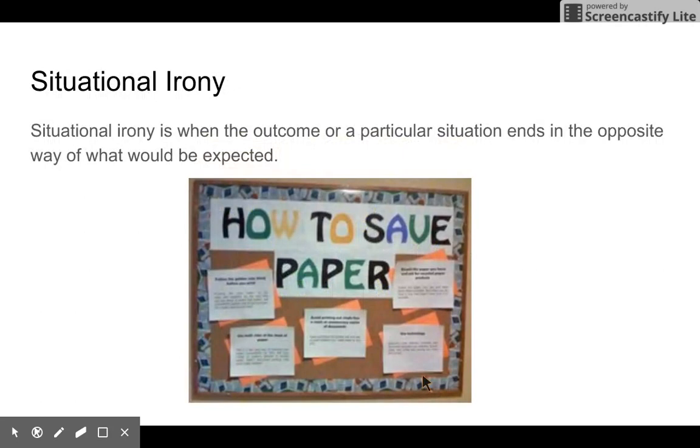The next type of irony that we're going to look at is situational irony. And situational irony is the primary type of irony that is used in O. Henry stories. That whole situation with Silky Bob and Officer Jimmy Wells, that is situational irony.